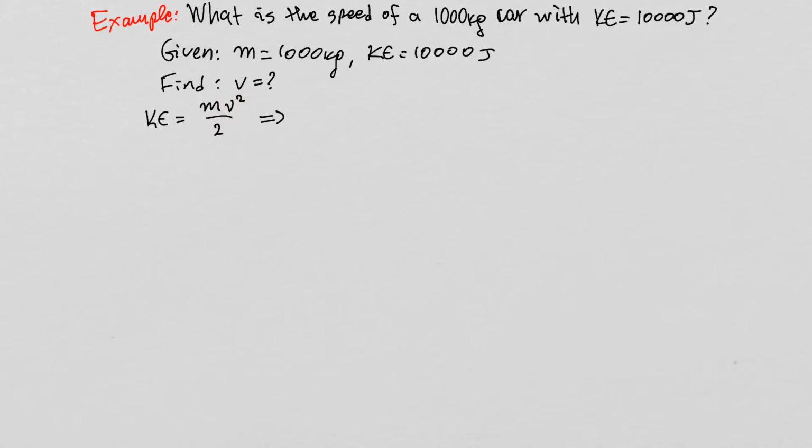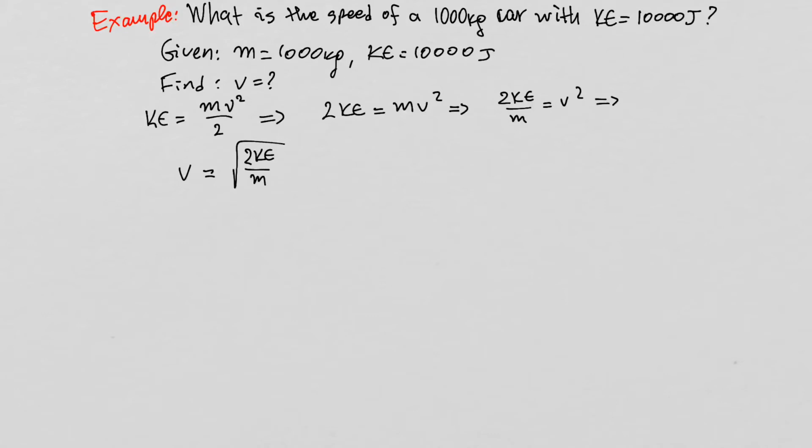So from here we get 2 times the kinetic energy is equal to mv squared. From here we get that 2 times the kinetic energy divided by m is equal to v squared. And now if I take a square root on both sides of this relationship, I will end up with an expression for the speed. So from here, the speed is equal to the square root of 2 times the kinetic energy divided by the